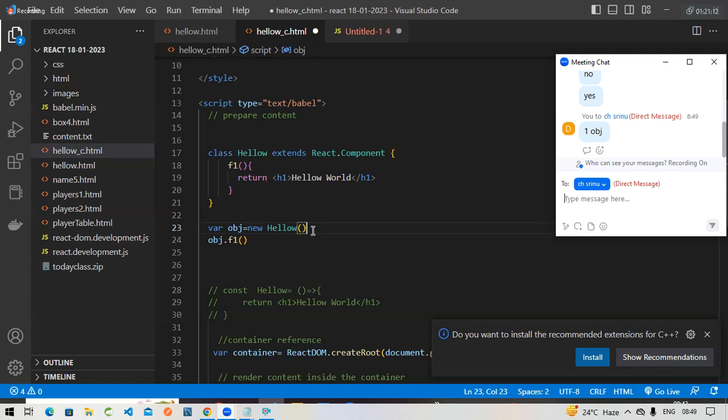100 different components means 100 objects you need to create, right? Yes or no? By using the new operator, if you create an object, it allocates some space, right? How many spaces is it going to allocate in your application? For 100 classes, 100 objects created, 100 different spaces it is going to allocate or not? If you allocate the space only for object creation,